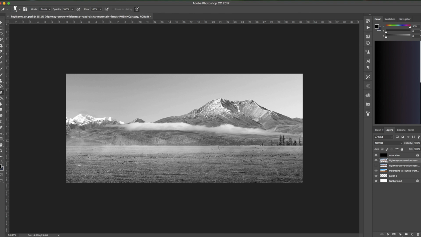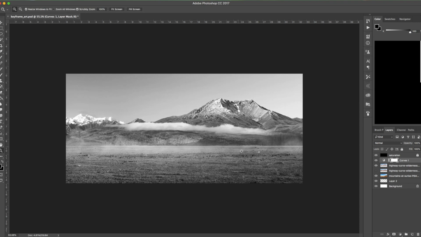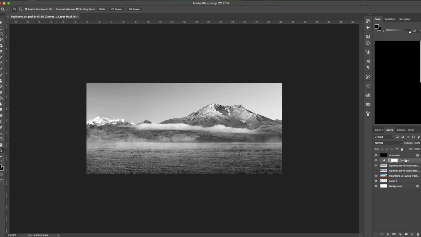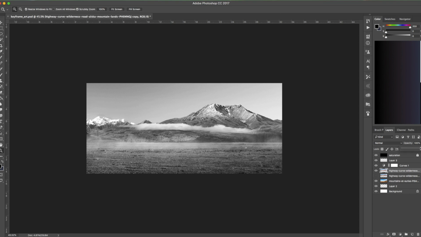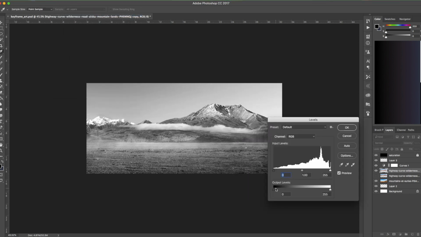Now notice that there is not enough value range in this image. Value range is actually the difference between the darkest value present in the image to the lightest one. So I adjusted the curve to make the darks a bit darker and the light areas a tad bit lighter. Now the mountain is at a much farther distance, so it will have less value. Its darks won't be too dark, which is why I selected the layer and adjusted the levels to make the